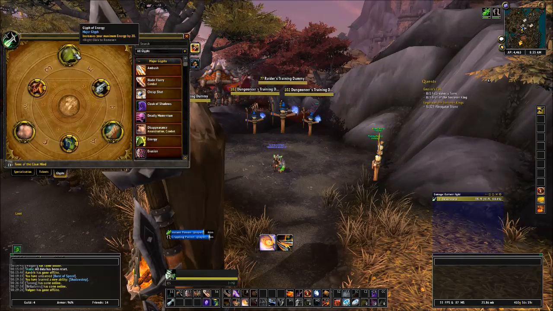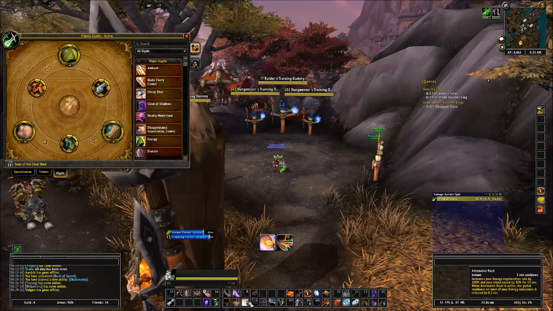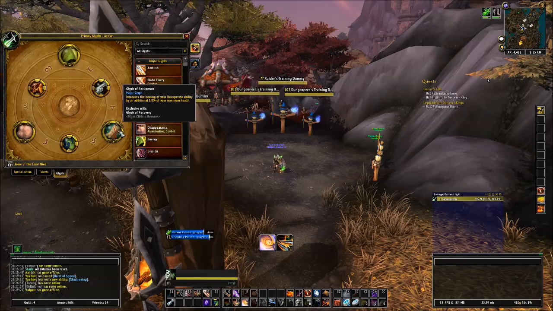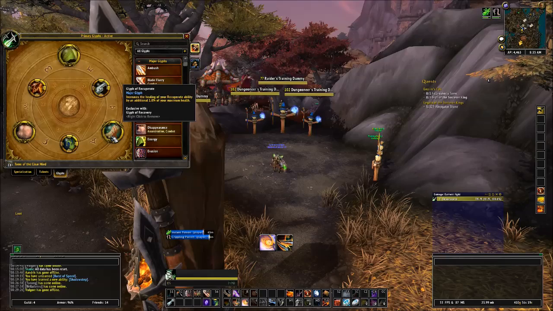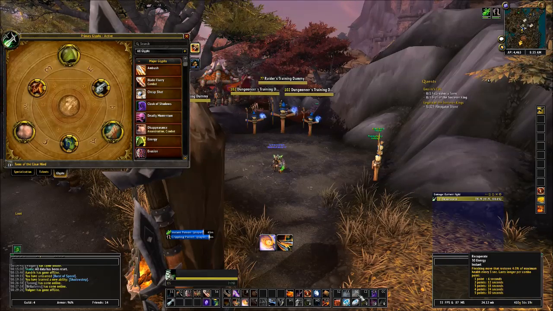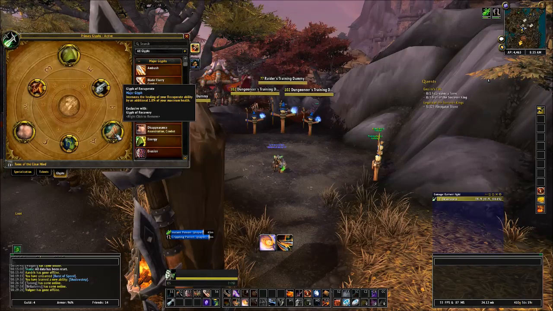Glyphs. Alright, Glyphs. I've got Glyph of Energy, which gives you even 20 more energy to use, so now I've got a total of 135 energy to use as a combat rogue, which is really good. Glyph of Recuperate adds some survivability, so instead of the standard that it gives you on healing, it gives you an extra 1% maximum health. So you got a total of 4% maximum health, basically, regen